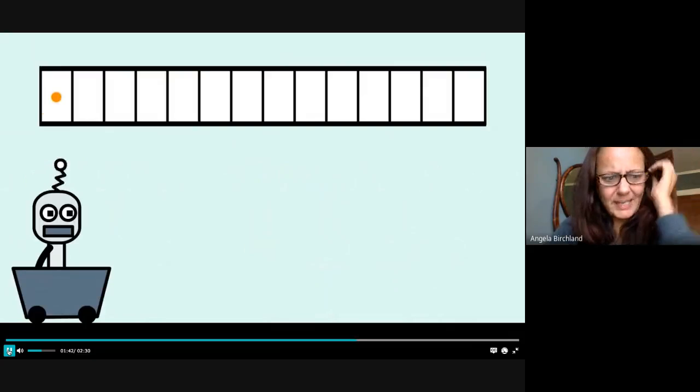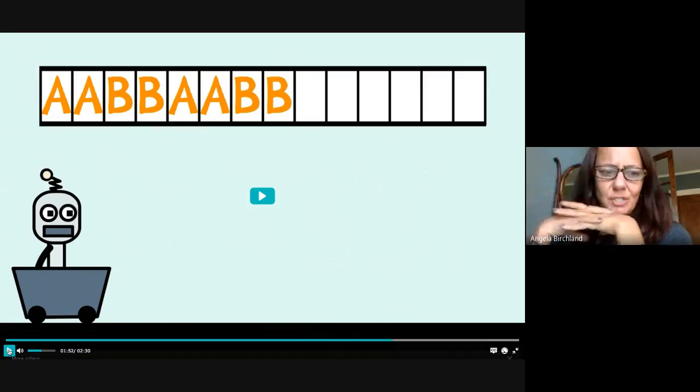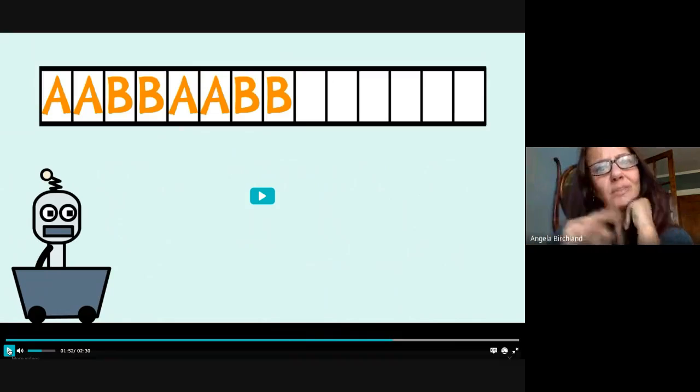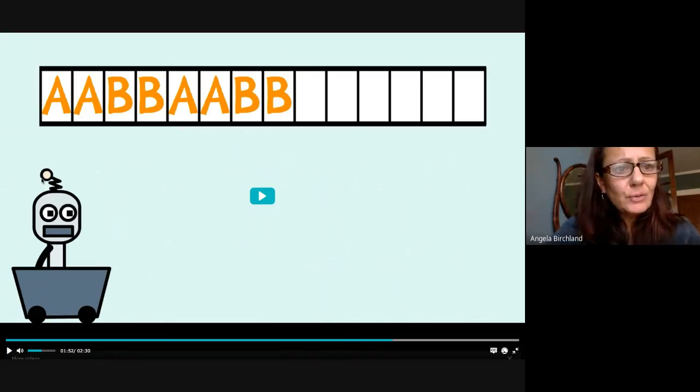Oh, this is a long pattern. A, B, B, A, B, B. I'm so happy that they showed us this because I can teach you two things at once. We can look at the core of this pattern, okay? The core is A, B, B. A, B, B. But using those letters is also a way to identify the pattern by what type of pattern